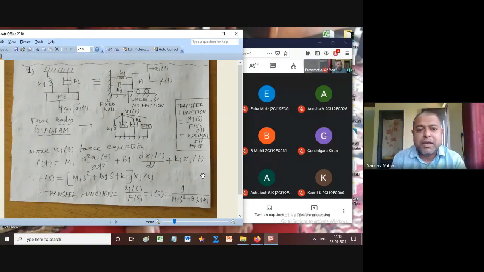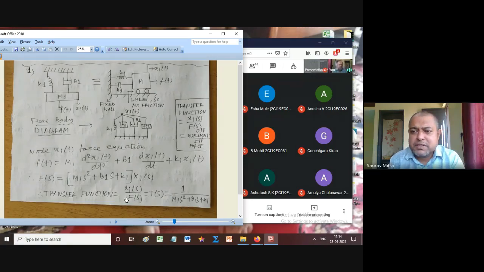Initial condition means we are assuming the spring does not have any initial stored energy. Mass cannot store energy and all these things. So f(t) becomes F(s), and M1 becomes M1 s² X1(s). I have already taken X1(s) outside, so this will be M1 s² X1(s) plus B1 s X1(s) plus K1 X1(s). Taking X1(s) outside, what I find here is M1 s² plus B1 s plus K1. Now I want the transfer function X1 upon F(s). So X1 is actually connected with all these parameters.